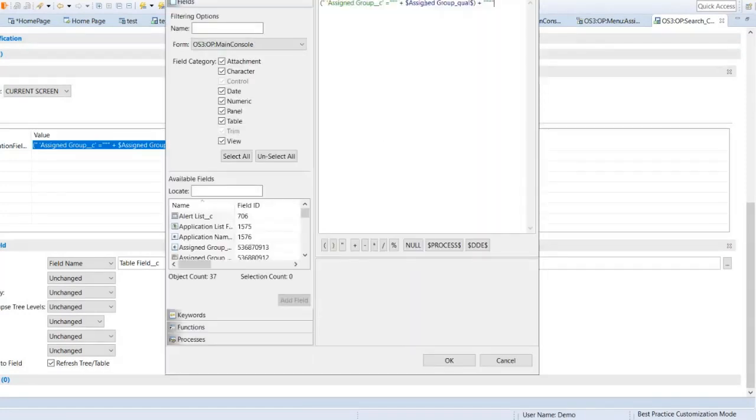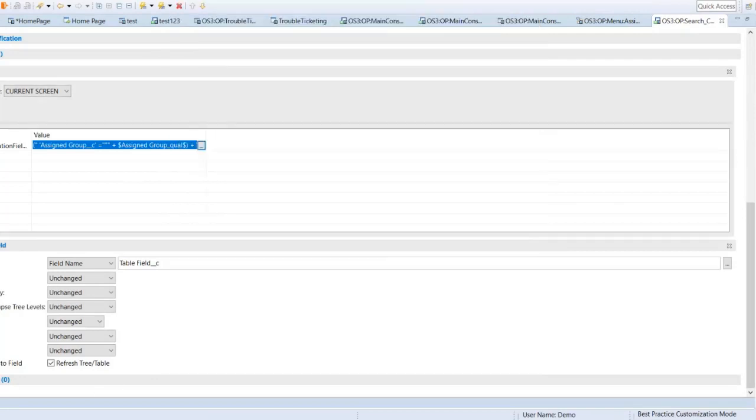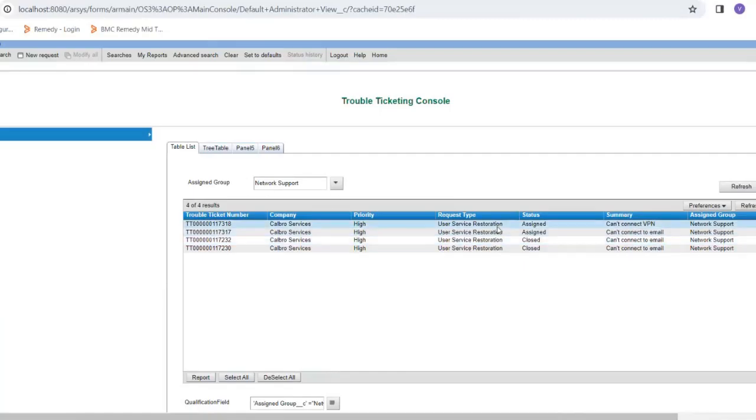That's it. So it will be assigned group is equal to this, then you'd say and status is equal to whatever status you select as a field on the top. Then it will display the data based on that. So if you see in real